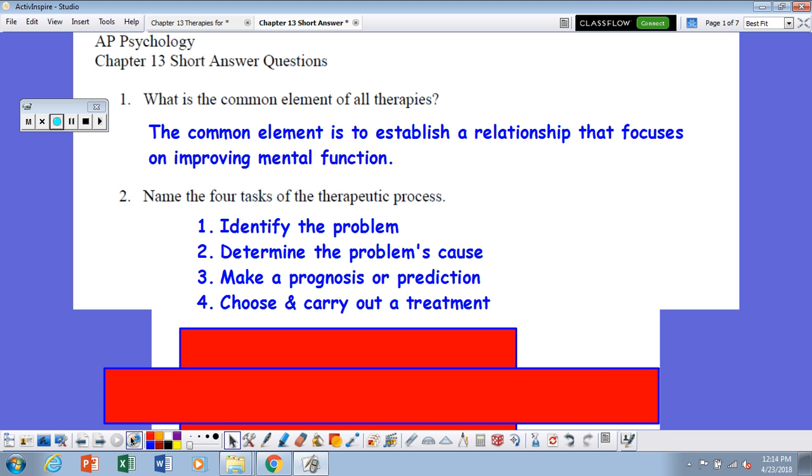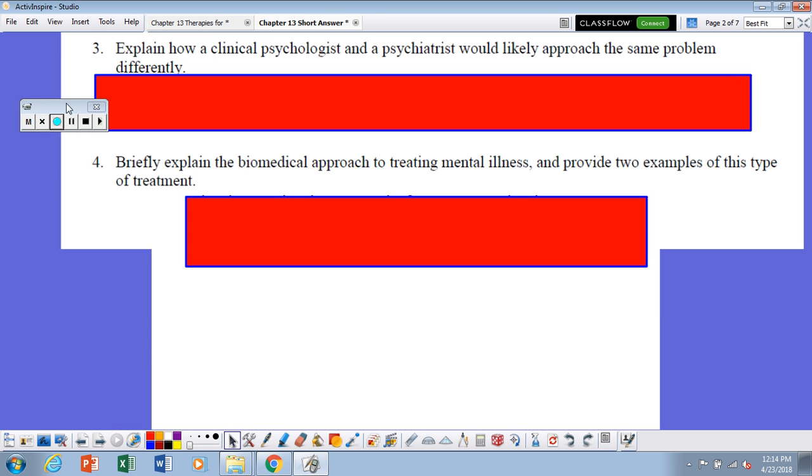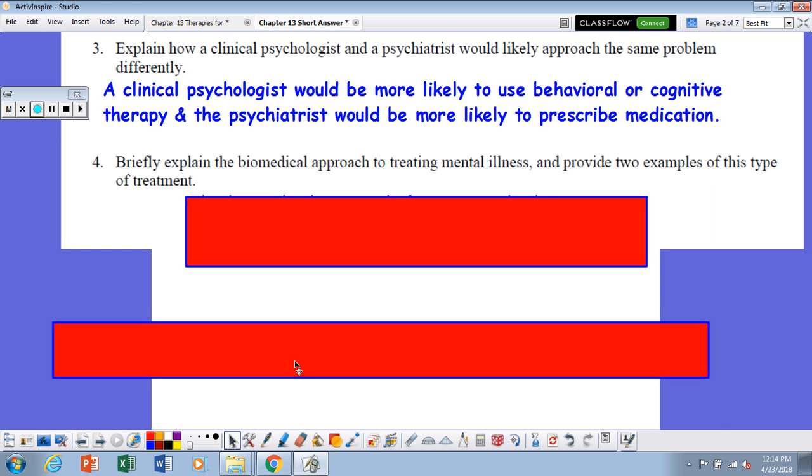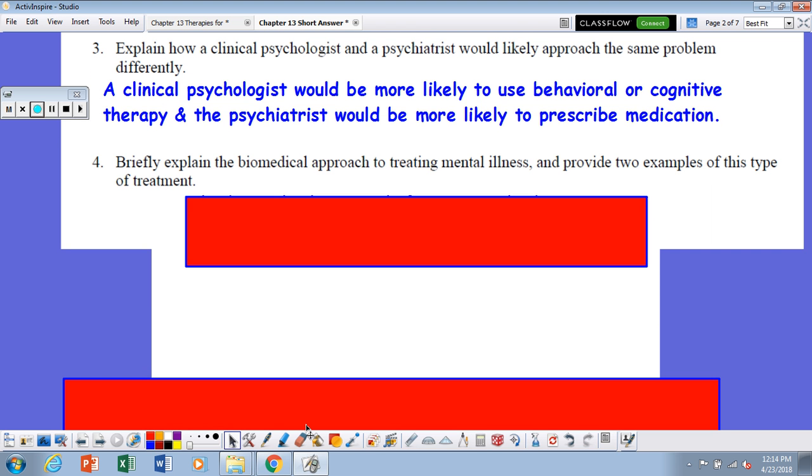out a treatment. Question number 3, explain how a clinical psychologist and a psychiatrist would likely approach the same problem differently. Clinical psychologists would be more likely to use behavioral or cognitive therapies, where a psychiatrist is more likely to